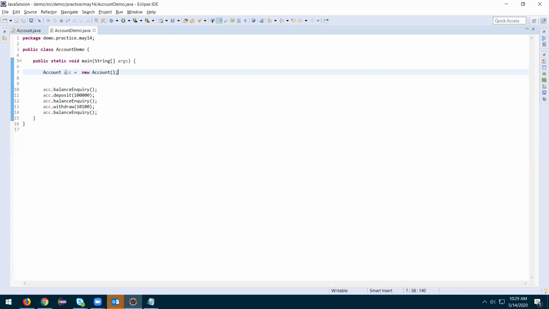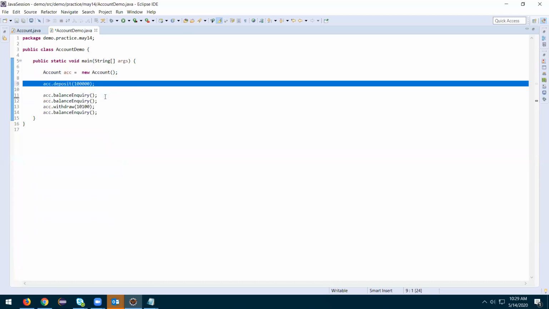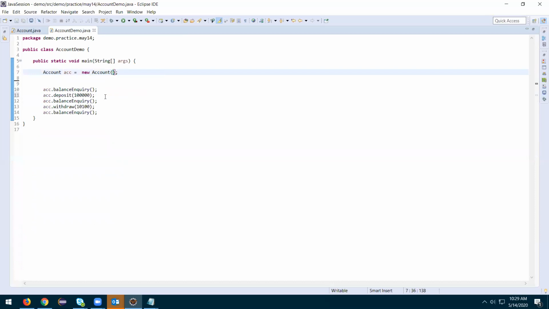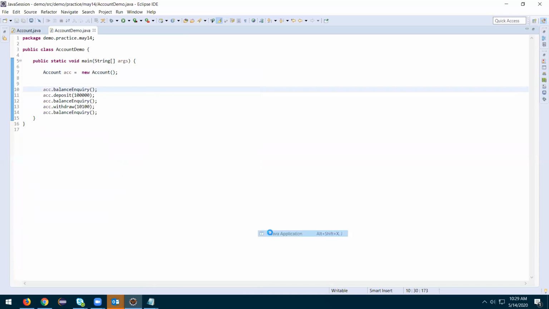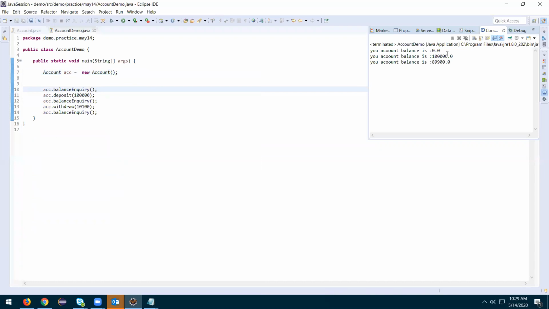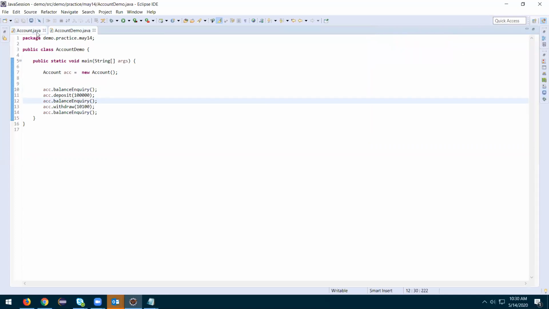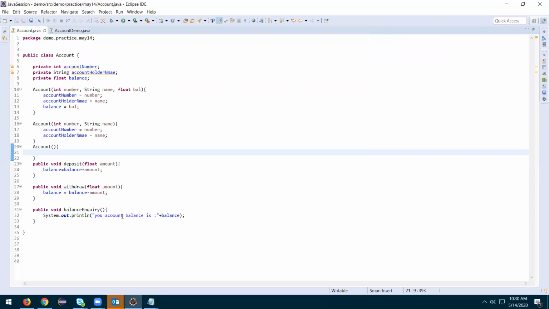Now the account is created, and here you can add deposit. Once you add deposit, now if you see, all these things are happening. The only problem is that only balance is getting added. Initially it is 0, later 1000 is added. But if you try to modify this, the account balance, with the